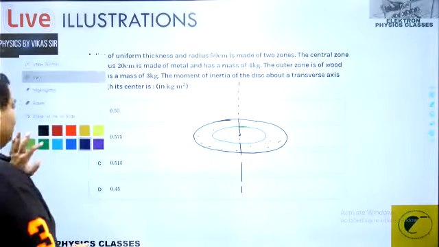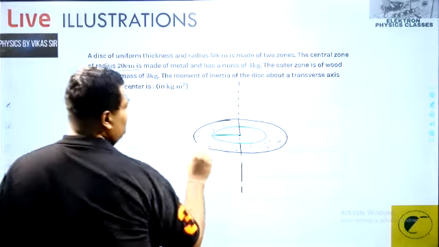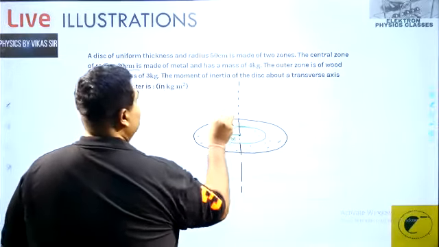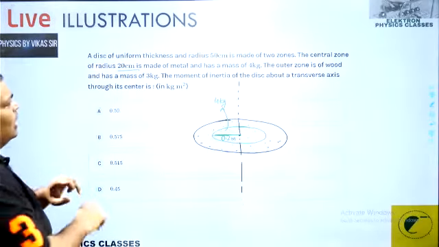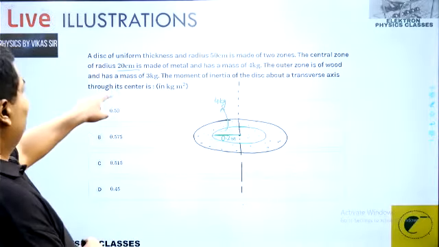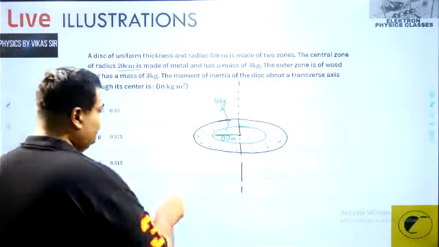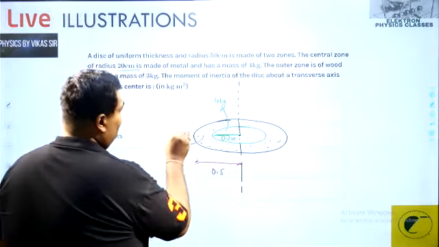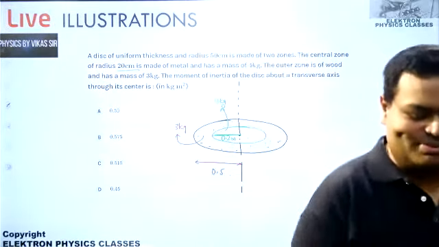And then I have the radii for it. The radius for this one is given as 20 centimeter, so that's 0.2 meter. And the mass of this is given as 4 kg. And then we have the outer radius, mass 3 kg and 50 centimeter, so this complete is 0.5, and this mass is supposed to be 3 kg. I think that's a very simple question. I think you would have got the answer for that.